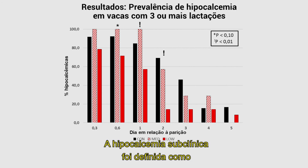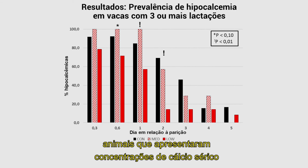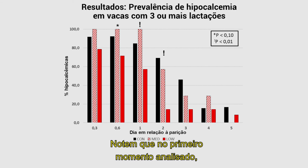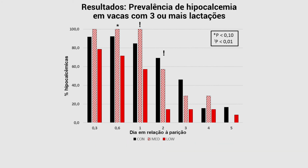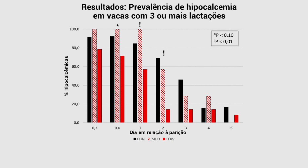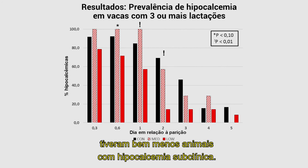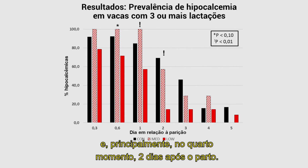Subclinical hypocalcemia was defined as animals that had serum calcium concentrations less than 8.5 milligrams per deciliter. You will notice at the first time point measured that animals fed each of those diets had very high prevalence rates of subclinical hypocalcemia. By the second time point, differences start to occur, in that cows fed the lowest DCAD diet prepartum had significantly fewer cows classified as subclinical hypocalcemic. That effect became more pronounced at the 3rd time point and especially at the 4th time point, which was 2